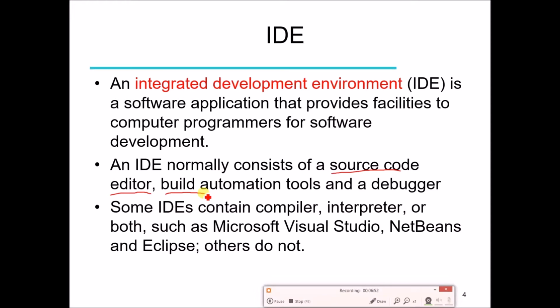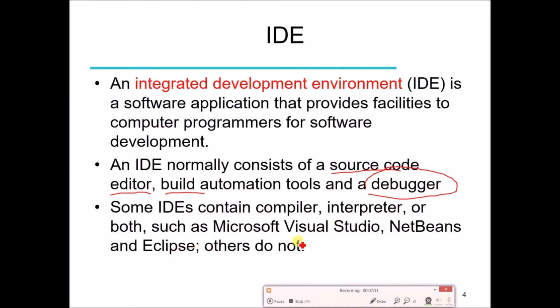You can quickly build your source code, and if there is some problem or error, the IDE is going to provide a mechanism. You can identify the problem, you can go to the specific line, and it is going to give you a hint about what the problem is in the code, either a syntax error or something else. So this is going to be helpful, and the debugger also lets you run your code step by step.